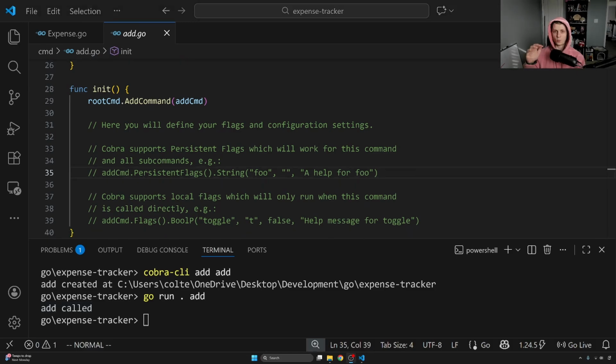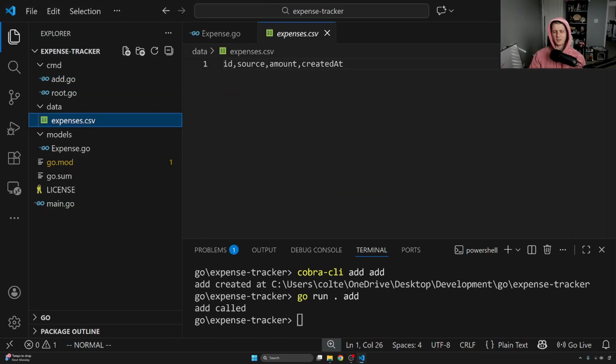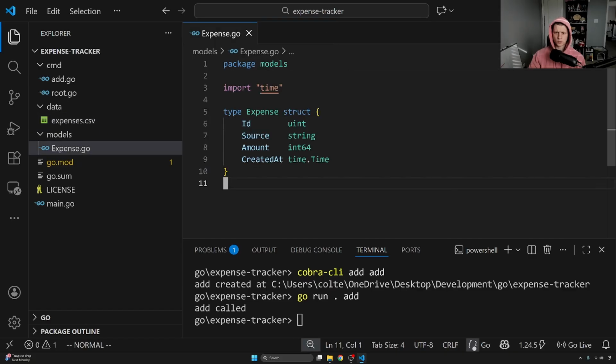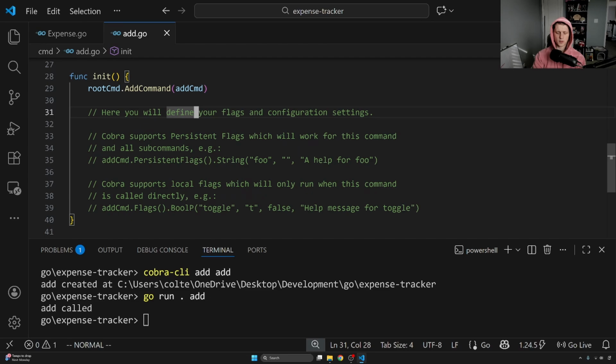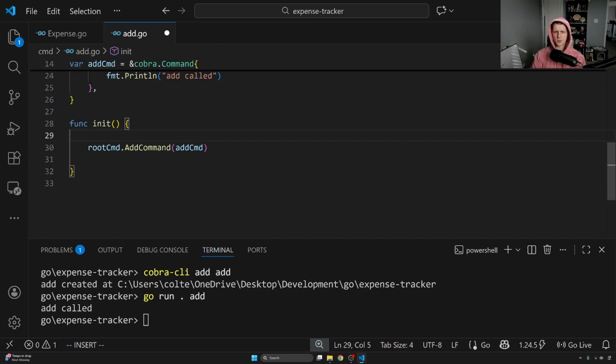Now we need to modify the behavior of the add command such that we can pass in an amount and the source of the expense. Because if we go and look at our expenses CSV, we don't want the user to have to worry about generating an ID or inputting whenever this expense was created. We just want the source from them and the amount. So let's further customize it. So go back to the add.go. We can remove several of these lines, and above the root command is where we can customize the add command